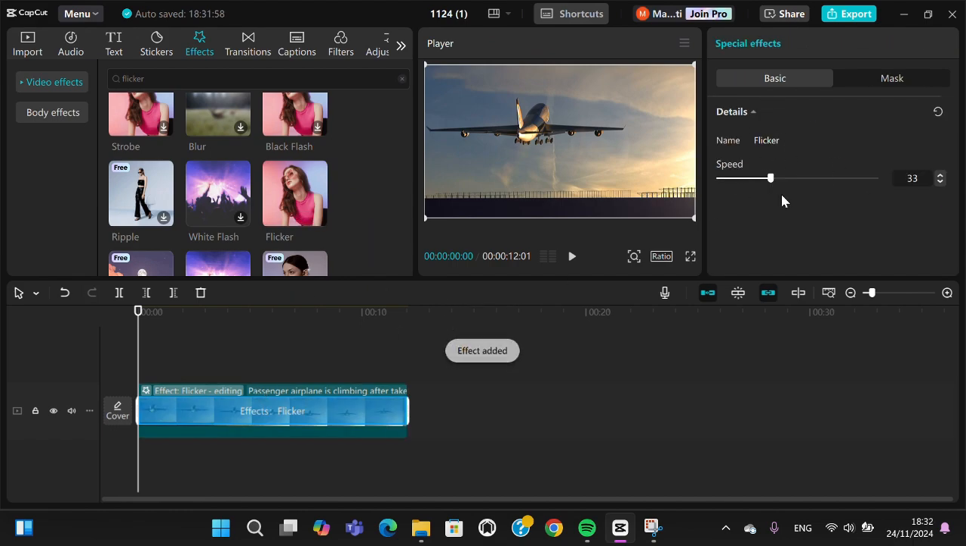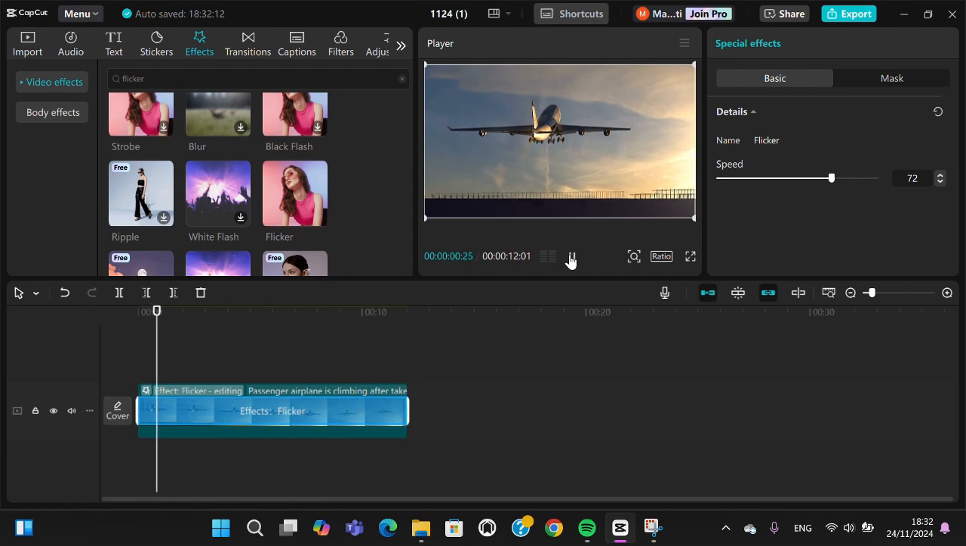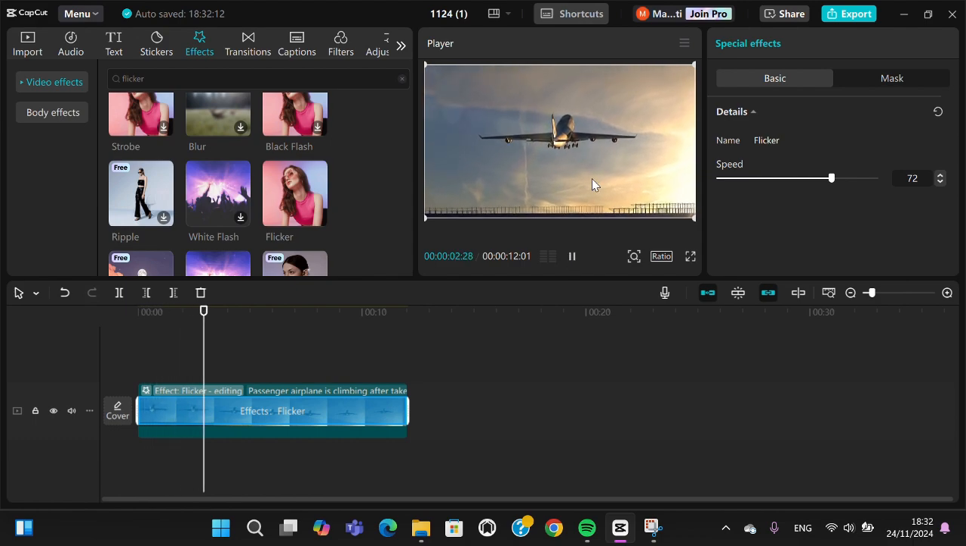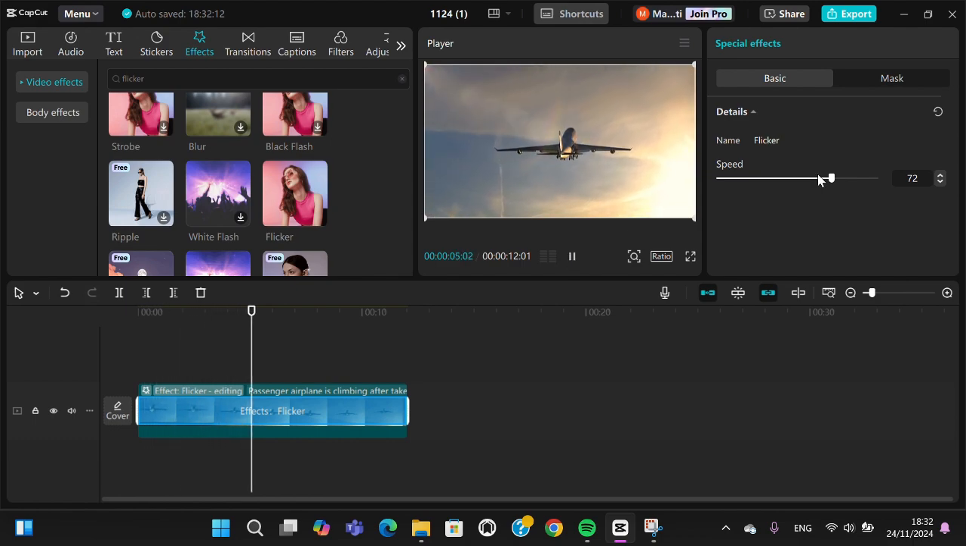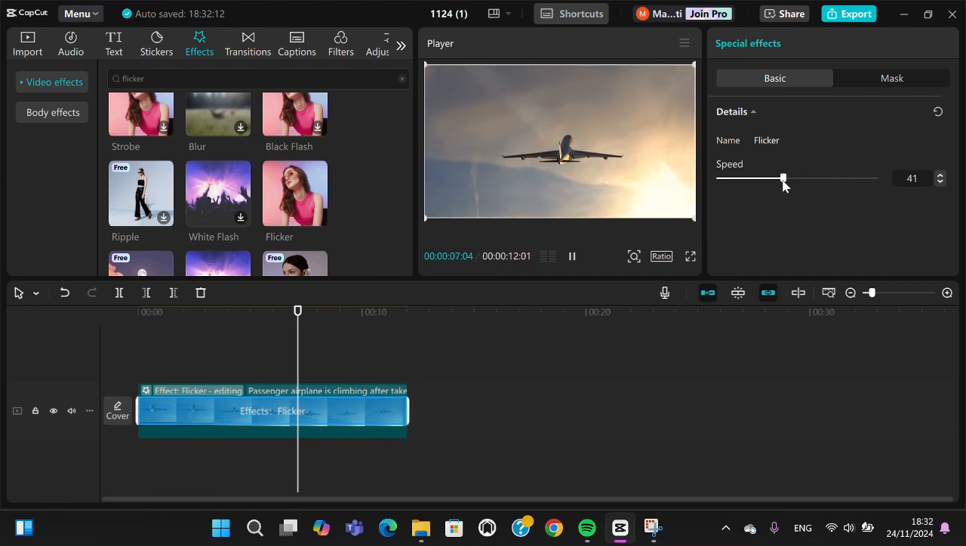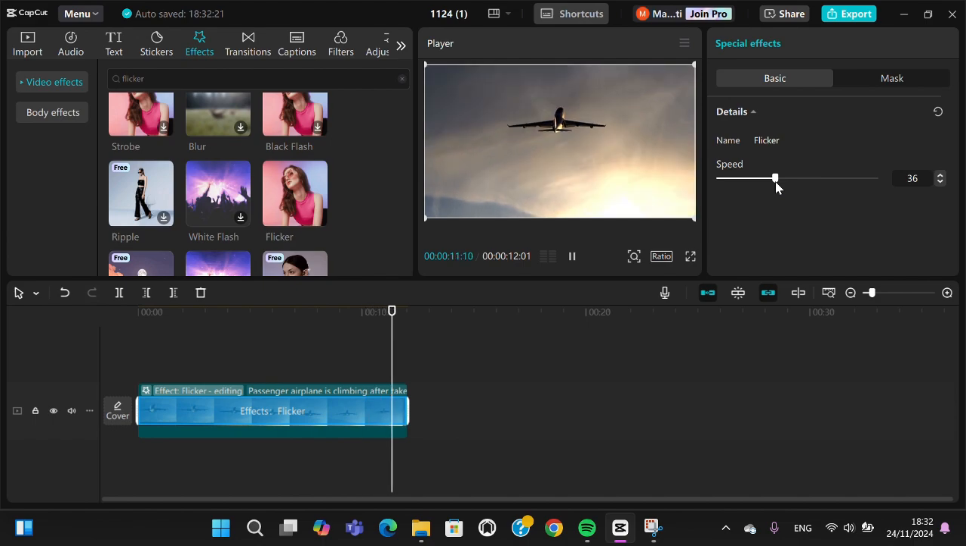Right, and here we can customize the speed. Okay, you can play around with the slider right here. I'm going to make it faster, for example, and then let's see what we have. Okay, now the flicker effect has been added to my video, and let's try to reduce the speed. Okay guys, and that's all the way to get flicker